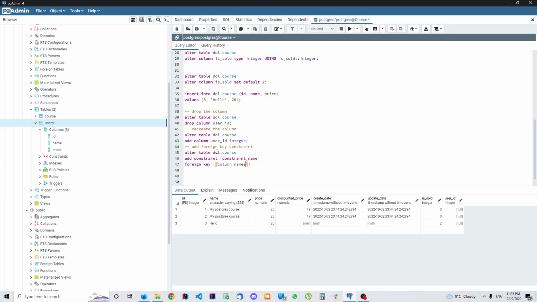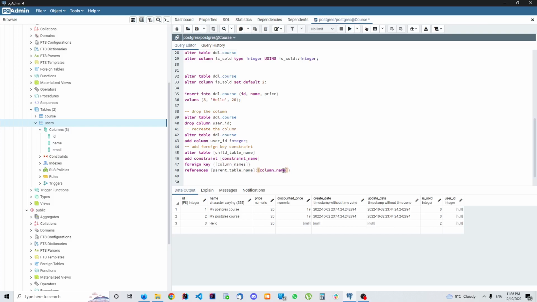Let me put here the child table, so the child table name, and I will explain what this means. Then you will need to put the column names, what columns should have the foreign key constraint, and then you need to put references, and then you will put the parent table name and the column